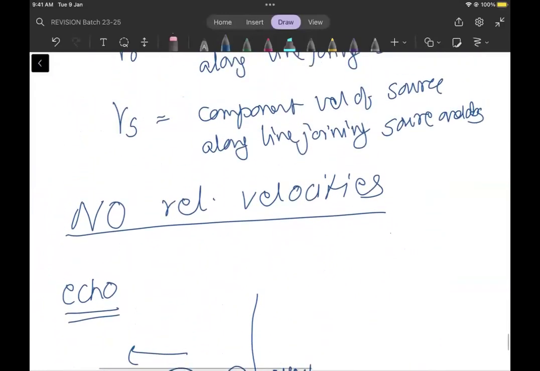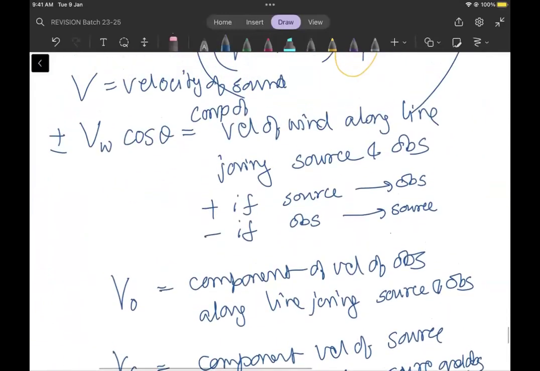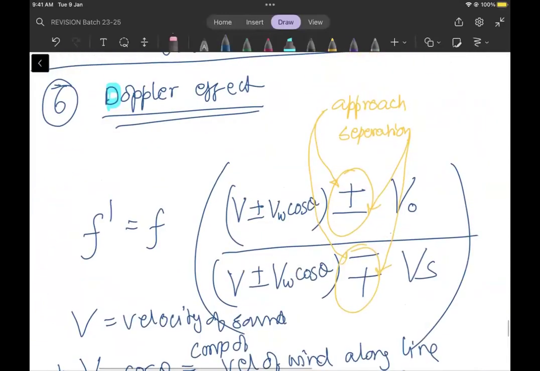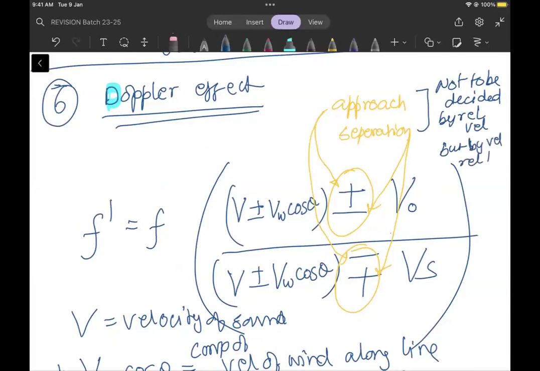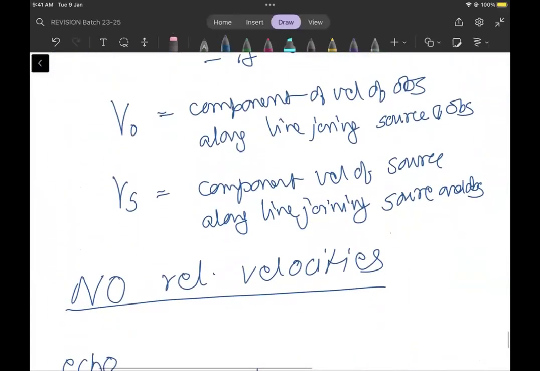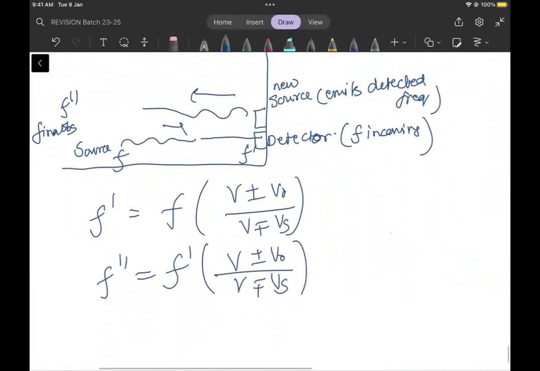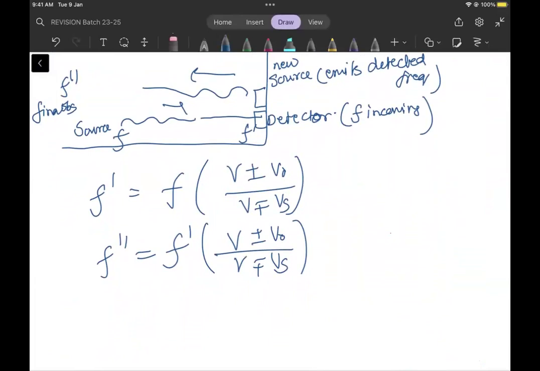नो रिलेटिव वेलोसिटीज एको के लिए ये रहेगा। ओके, रिलेटिव वेलोसिटी मैं क्यों बोल रहा हूं नहीं करना है, क्योंकि ये जो अप्रोच है और सेपरेशन है, दिस इज नॉट टू बी डिसाइडेड बाय रिलेटिव वेलोसिटीज बट बाय velocities relative to ground। इन्हीं वेलोसिटी से, जो वेलोसिटी विद रिस्पेक्ट टू ग्राउंड होगा, उन्हीं से आप इसको डिसाइड करेंगे कि अप्रोच हो रहा है या सेपरेशन हो रहा है। ओके, एंड आई थिंक दैट्स इट।